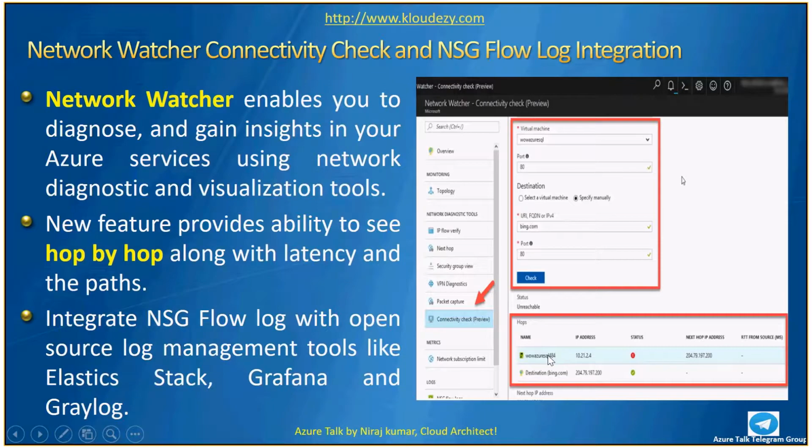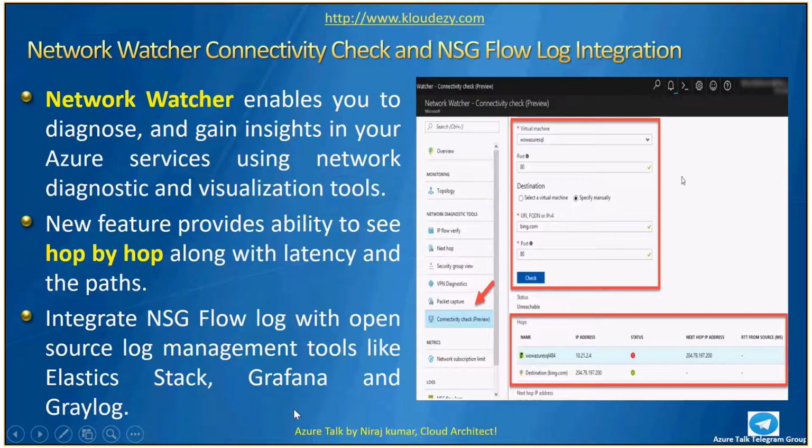All right, and then again, this Network Watcher and the NSG flow log has now been integrated. So at the one pane itself, you can go and look at the NSG flow log. If you look at these diagnostic tools that you see over here, and you look at the IP flow, within the same pane at the bottom, you will be able to access your NSG flow log.